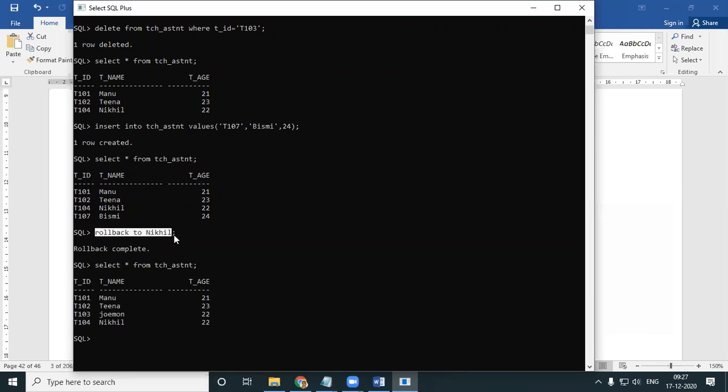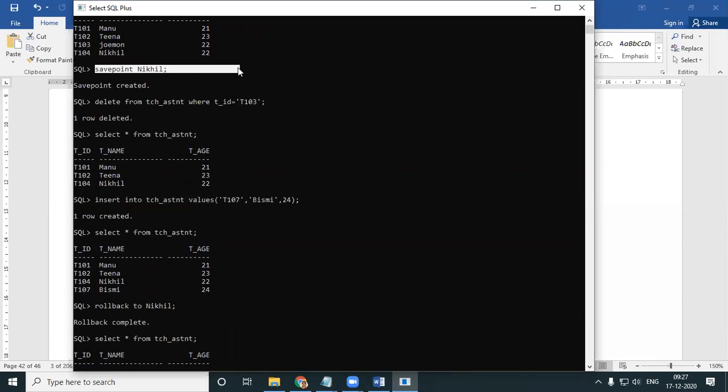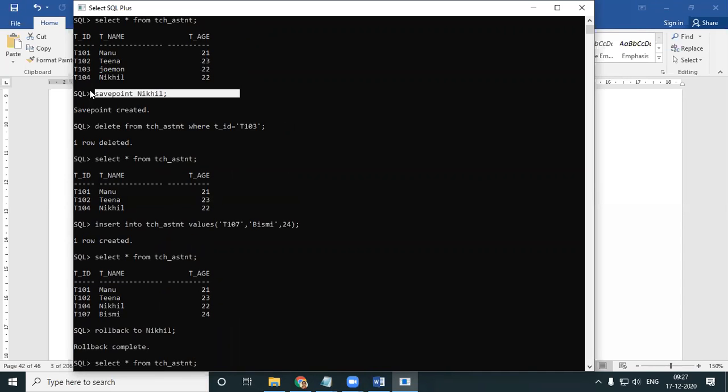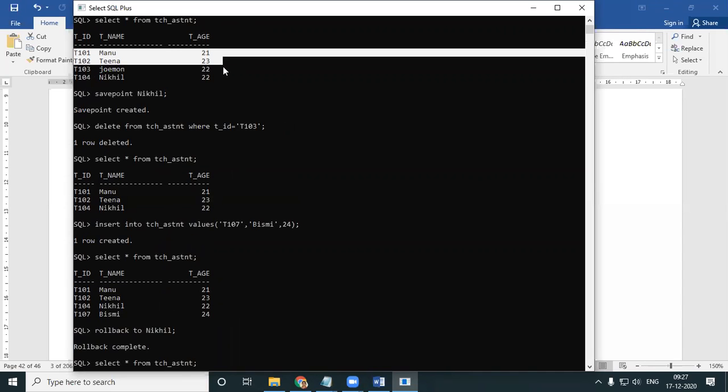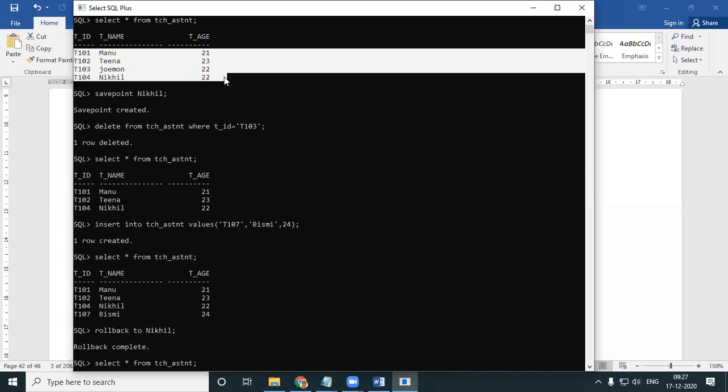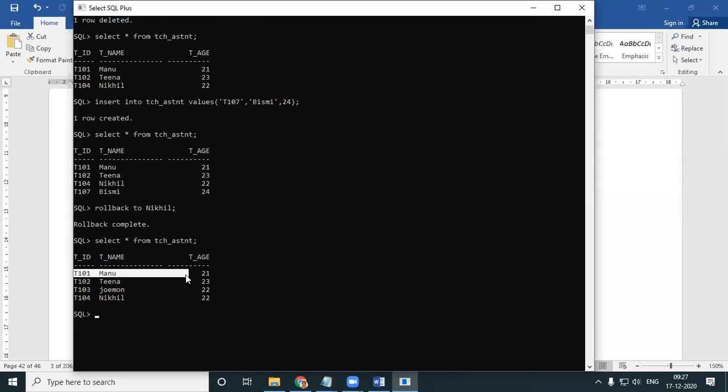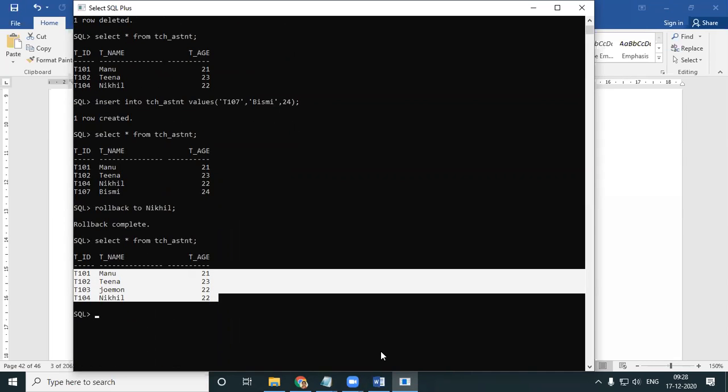But here I gave a rollback to nickel, which means the just-before state of the save point, Manu, Tina, Jomo, Nikhil, I was able to get back. So this is how you do it with a save point.